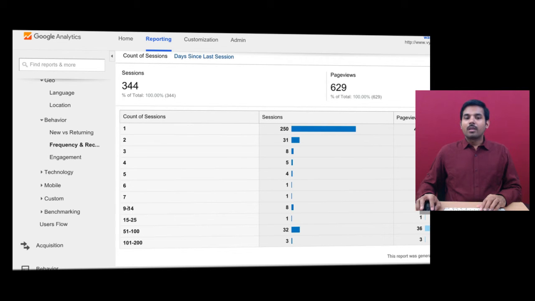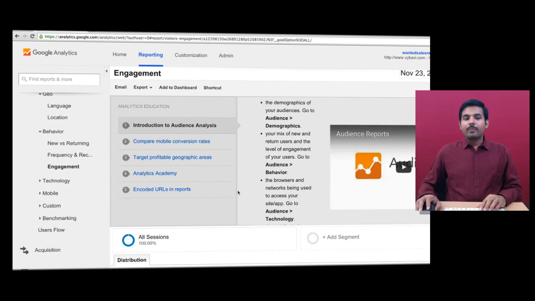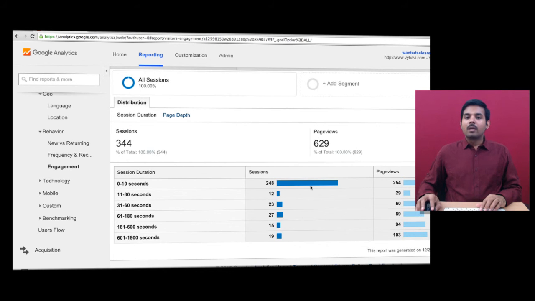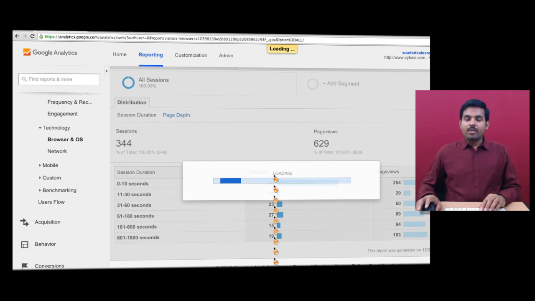Number of people who completed at least 9 to 14 sessions, they are repeating customers or sessions. Engagement reports: number of sessions or people who stayed 0 to 10 seconds, or who stayed 181 to 600 seconds on your web page. And the technology, browser and OS,